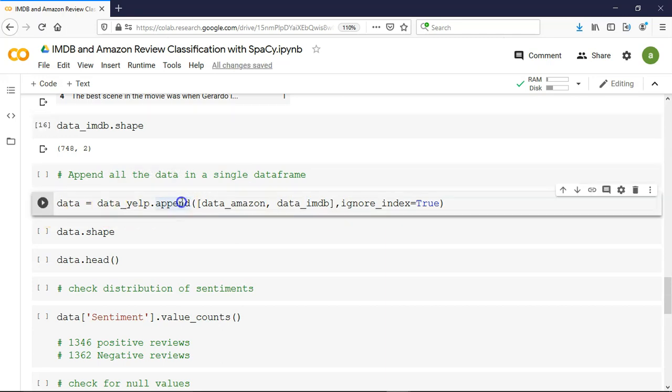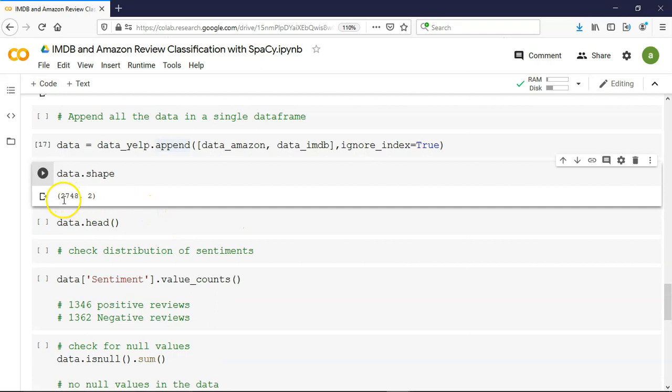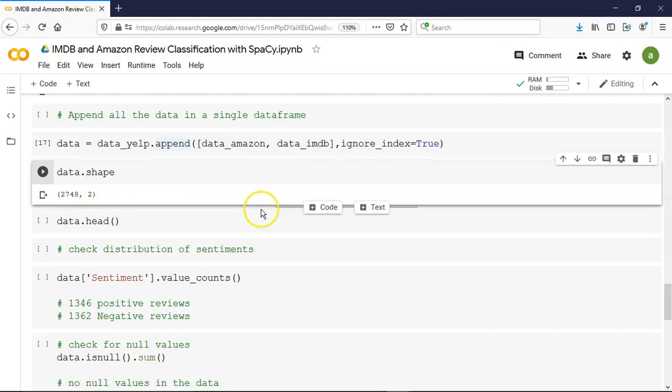For that we are going to use the append function, and we'll set ignore index to true because the indexes are the same, so that won't create any confusion. Now combined we have 2748 records, because 1000 are from Yelp, 1000 from Amazon and 748 from IMDb.